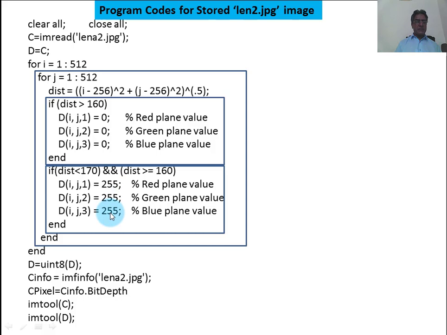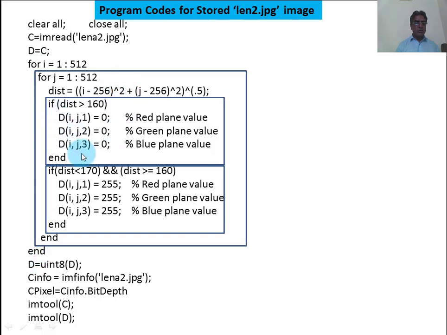If all the pixels in the red, green and blue planes are 255, then it will become white. The rest of the image within the inner circle we don't change and keep as it is, as C has stored in D.